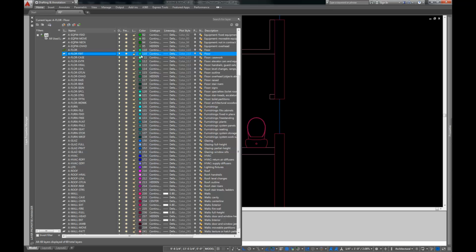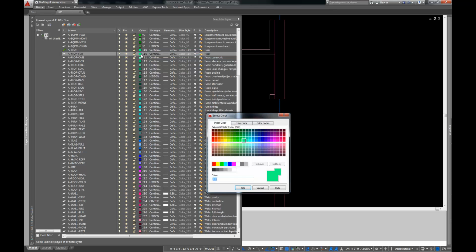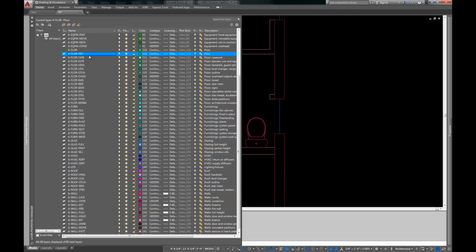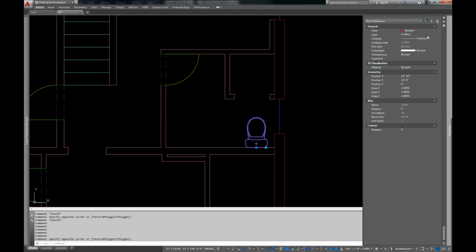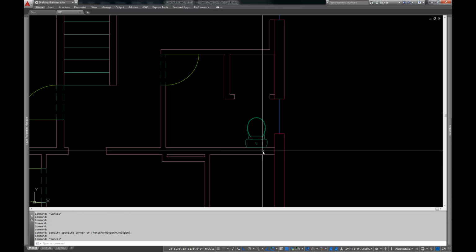So we'll make that color 112 as well. Normally you don't want to have things the same color if you can get around it, but right now let's just get this done. For fixture, here we go. Okay,